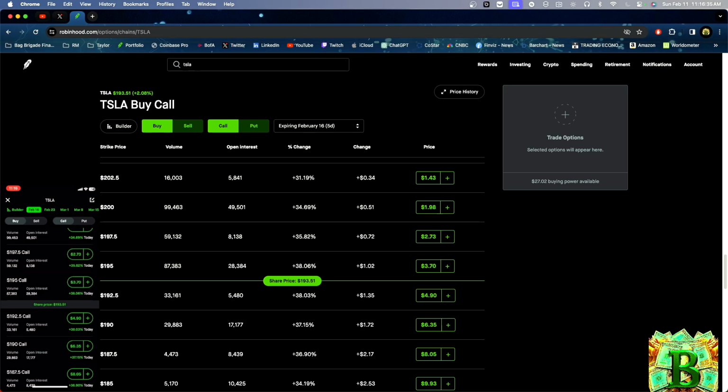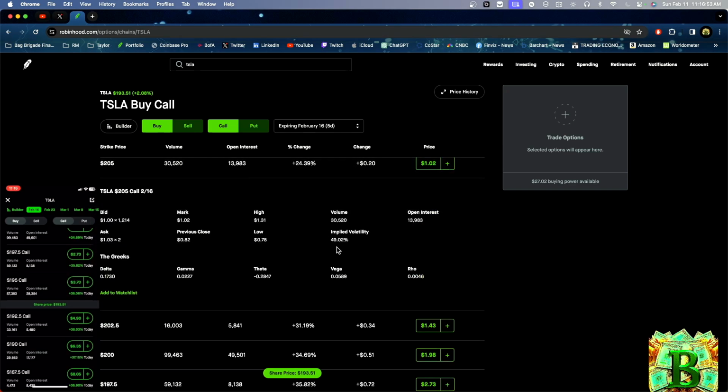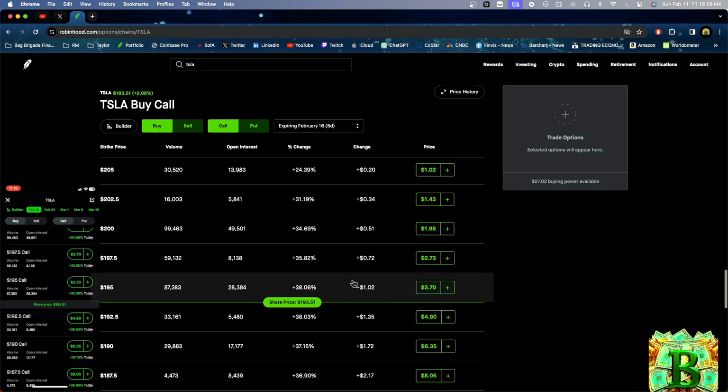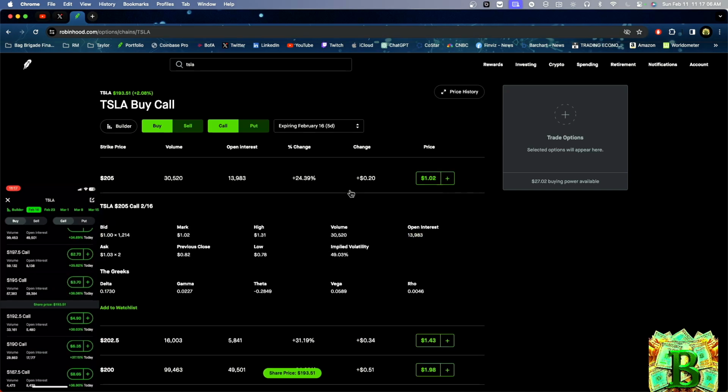So again, regarding the implied volatility, I just want to recap real quick. Increasing volatility does boost extrinsic value, while decreasing volatility diminishes it. And that's called IV crush. Meaning, if you bought a Tesla contract, let's say a 205 call, you got a 50% implied volatility, pretty deep out of the money. But for Tesla, Tesla does move. And let's just say the implied volatility was like at